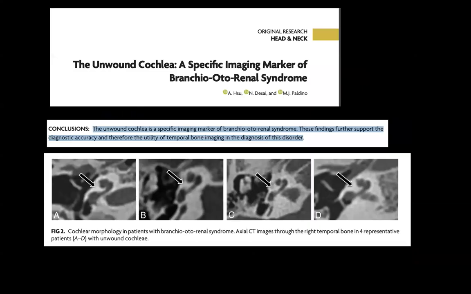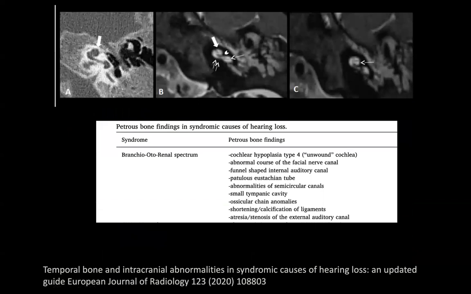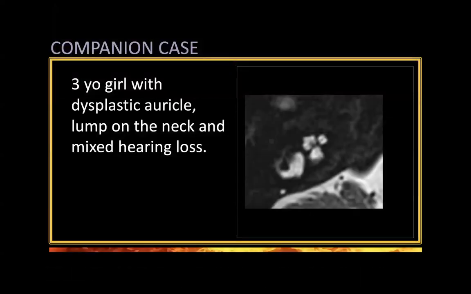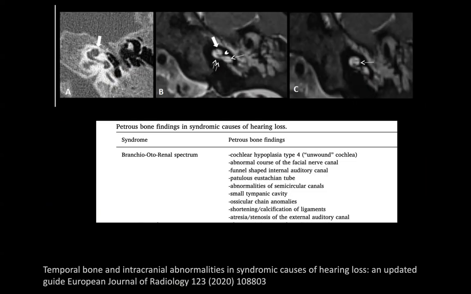And now what we discovered, and this is the original paper, look, they all look with this anterior offset of the upper part of the cochlea, very typical, and they have associated abnormalities. So you have abnormality in the semicircular canal, ossicle abnormality, but the pattern recognition, the disappearance of the cochlea, very typical. And what we discovered is that if you have association with the kidney, so this is called branchio-otorenal syndrome because oto, so abnormality in the ear, renal abnormality in the kidney, but also you can have branchial cleft anomaly. So remember to look at the neck of the child as well, or maybe screen the child for